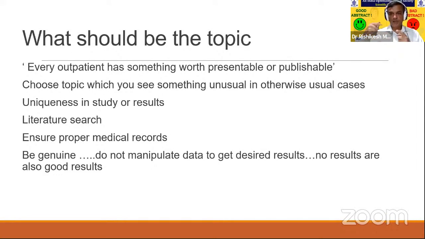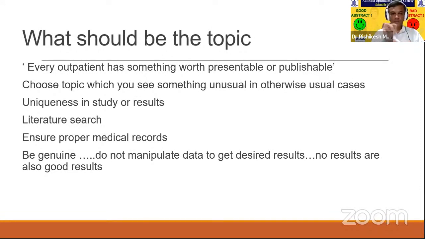Many times in pediatric ophthalmology or strabismus, we directly jump to topics related to vertical strabismus or complicated squints. But there are a lot of topics like simple refractive errors in children, or what is the effect of different types of dilating drops on patients, or effect of diluted atropine on myopia. These can also be included in the study and are actually worth publishing.